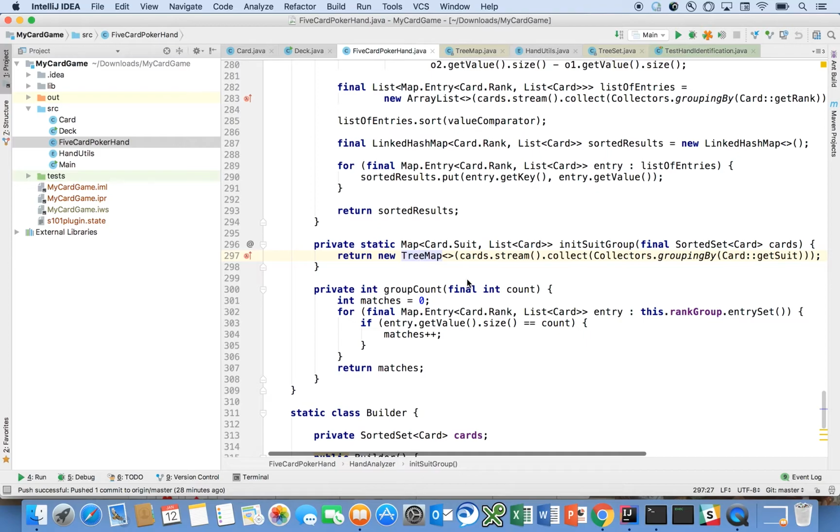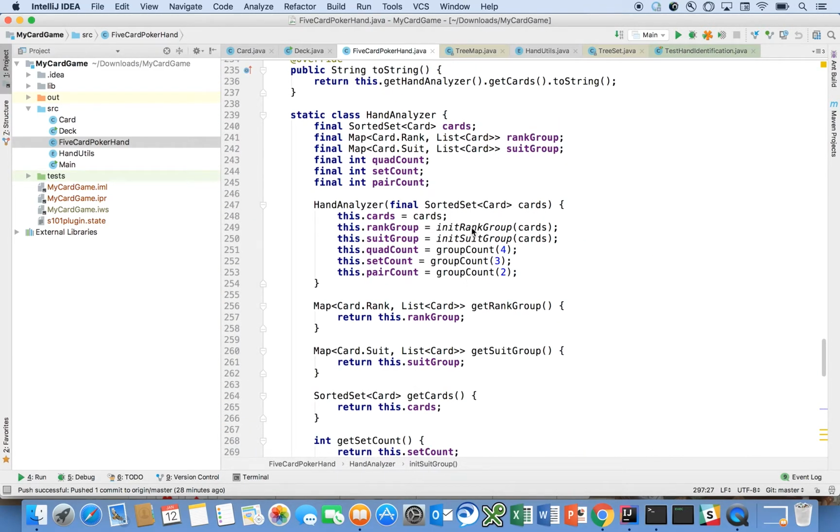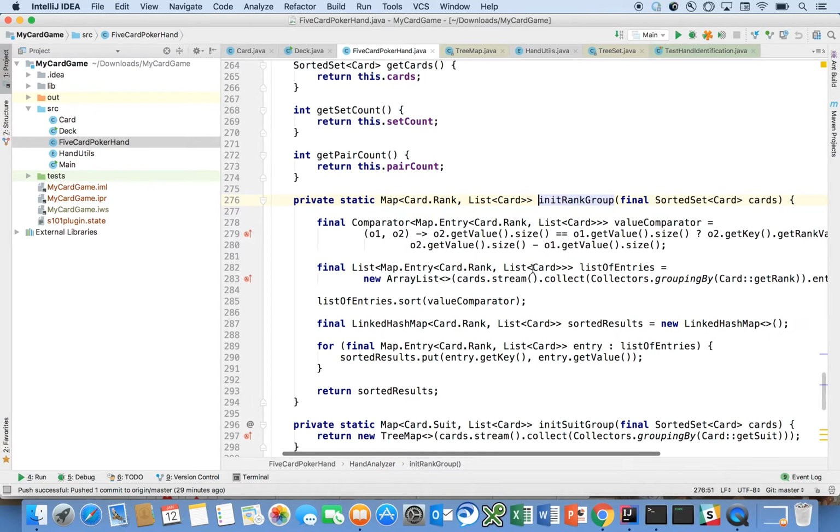Now, the rank group is going to be a little bit more complex. I would argue this is probably conceptually the most complex part of this whole program. This grouping result, this map of ranked cards, is actually the most important data structure in the whole program. And effectively what we want to do is take the cards that we're given, and first we want to sort the cards in the map